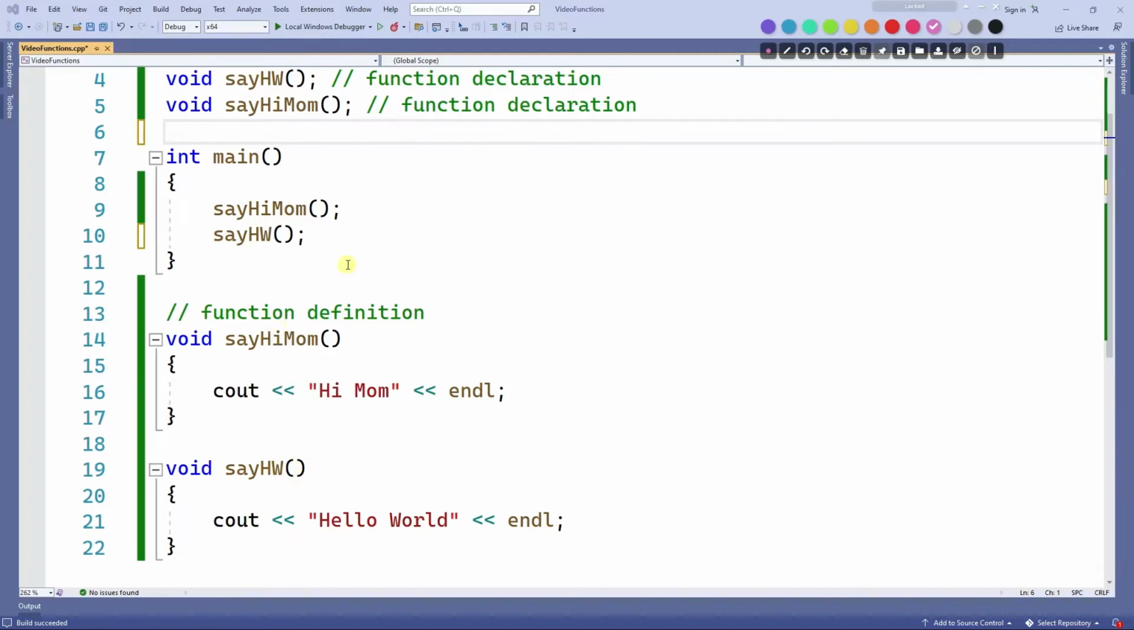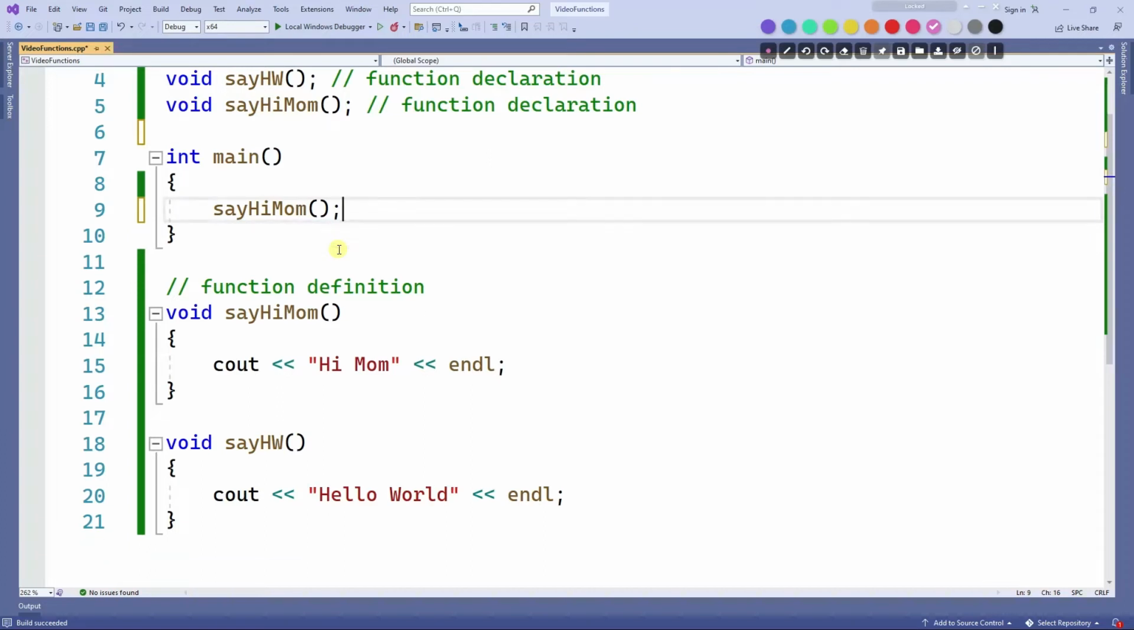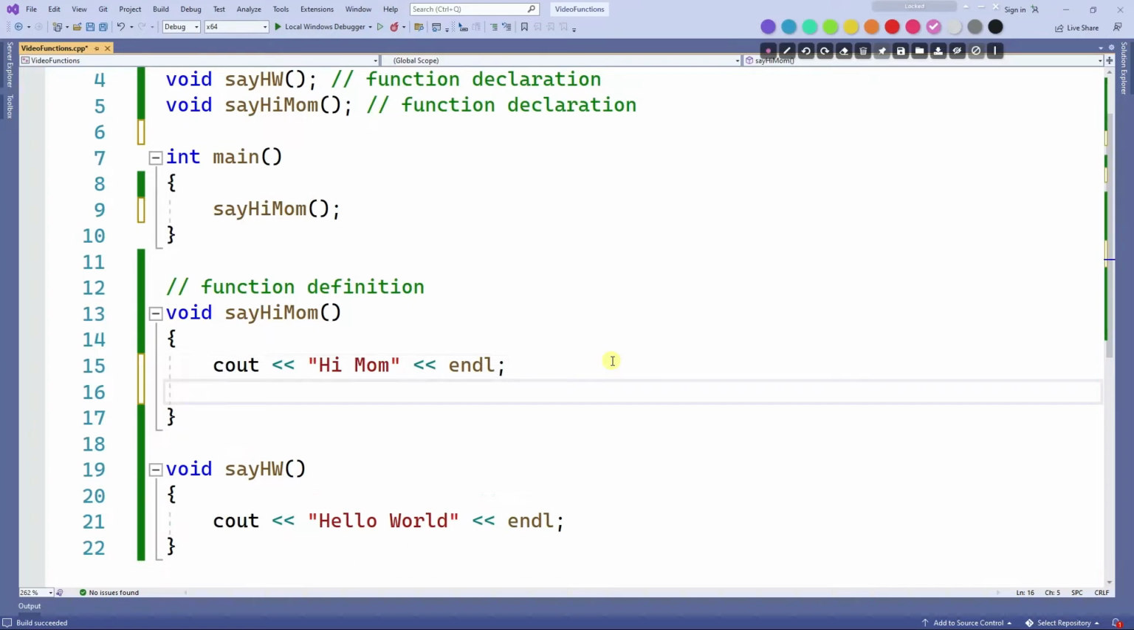Now another way that we can do this is having the hi mom calling the say hello world function. So instead of writing the code like that, I can just run the hi mom, and then this function is gonna call the say hello world function. So the hi mom calls this function, executes the code, and then before it ends, it calls the say hello world,